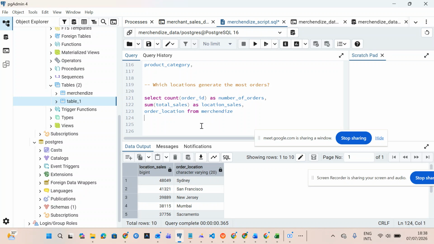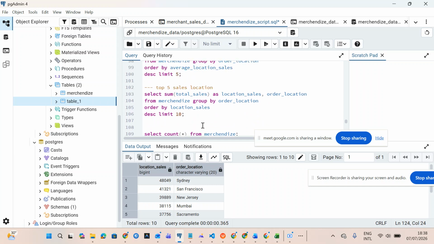From merchandise and group by. First of all, don't forget you always group by the categorical variable, which is order location. Group by order location,